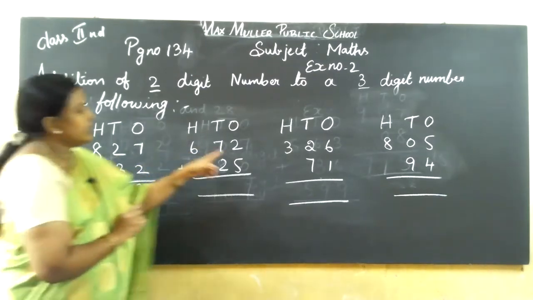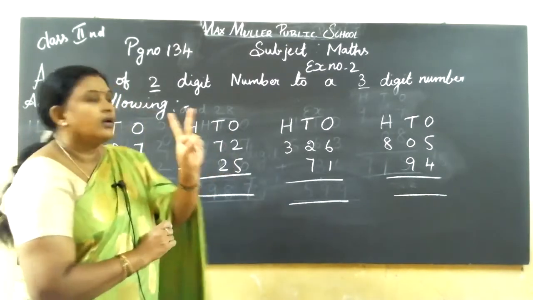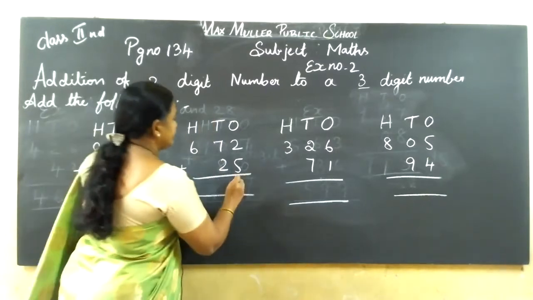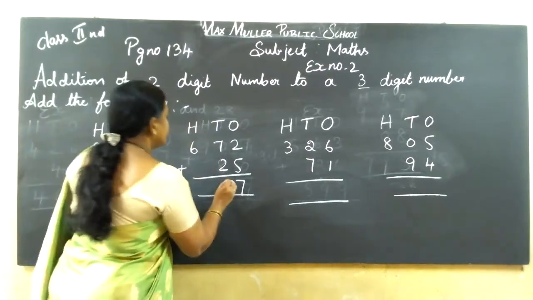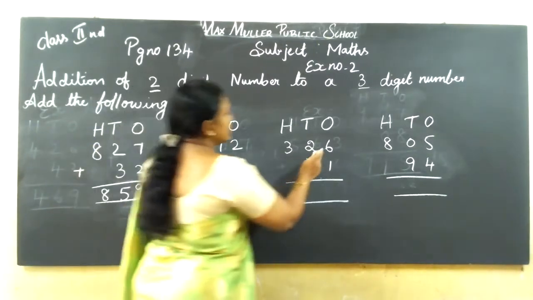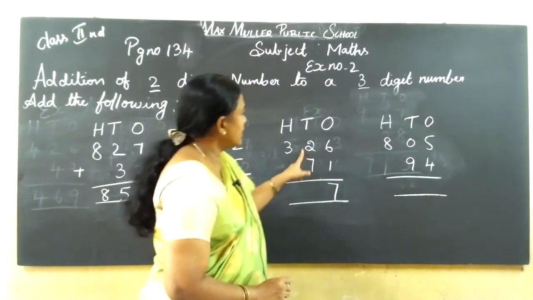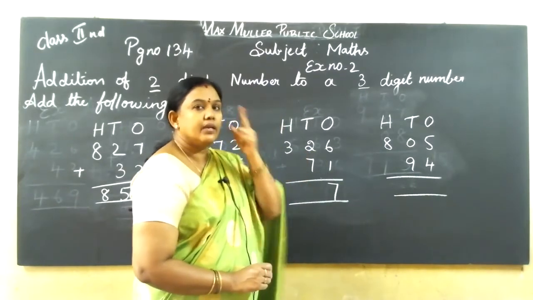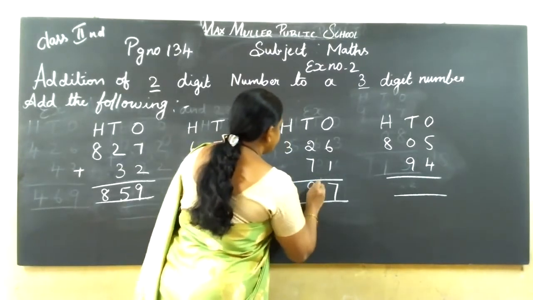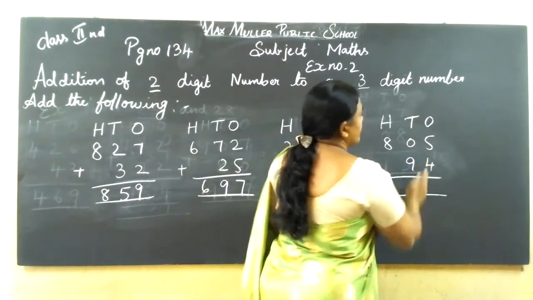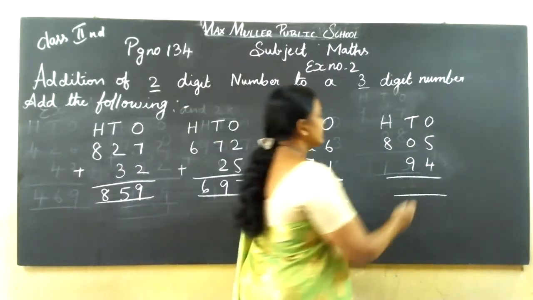Count and write. See here, which one is the big number? 5 in the mind. 5 is the big number. So 5 you keep in the mind. After 5, 6, 7. 7 in the mind, 2 in the finger. After 7, 8, 9. 6. 6 in the mind, 1 in the finger. After 6, 7. Here, big number 7. So, 7 in the mind, 2 in the finger. After 7, 8, 9. 3. 5 in the mind, 4 in the finger. After 5, 6, 7, 8, 9.